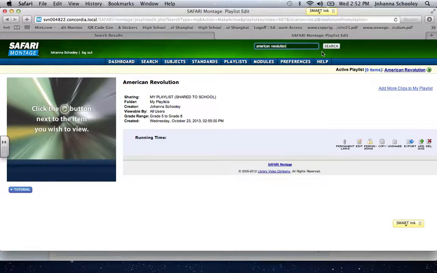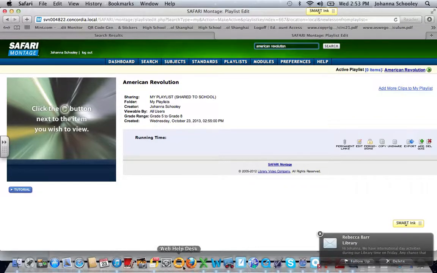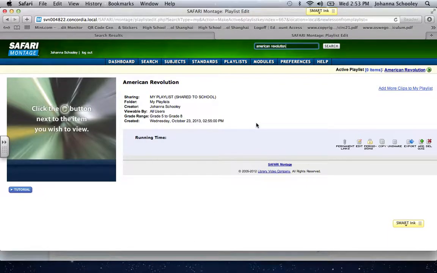And once again, remember your login for Safari Montage is your username and password for email. If you have a problem, you can go to the bottom here where you see Web Help Desk and click there and fill it out, and the Tech Hub will come and assist you in getting into Safari if it is a problem, but it should go in automatically. So if we click search now,